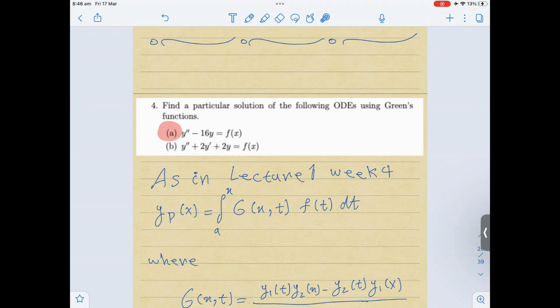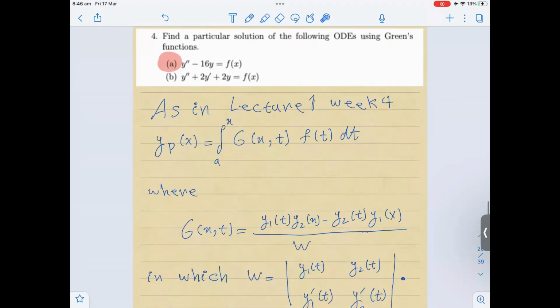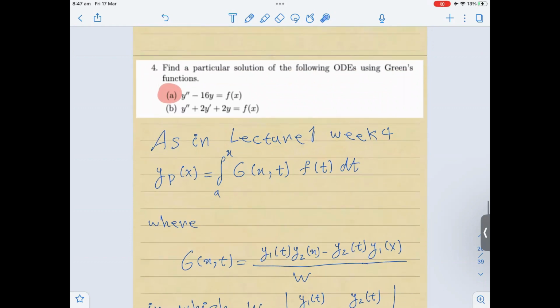Anyway, question 4. Lecture 1, week 4. By the motivation of the variation of the parameters, we can discover Green's function. So Green's function yp is the integral of this potential value from a to x. This is a stupid question. Okay. Why is it like f(x)? Okay. So